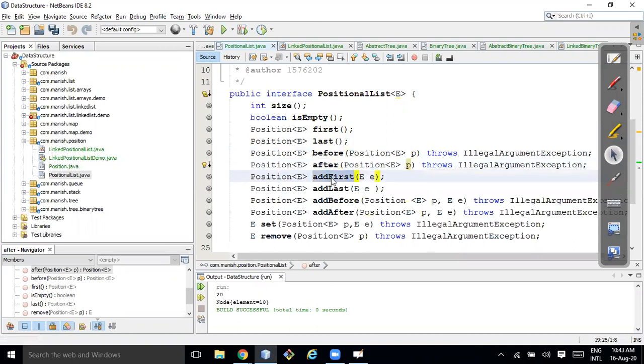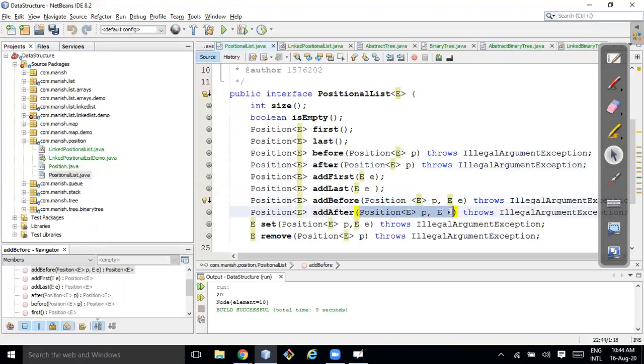You will be adding the first element, adding at the last, adding before this position. This is just getting: what is before this element? Who is before Mahesh? Who is before Ramesh? Who is after Ramesh? Add before Ramesh, add after Ramesh, something like that.